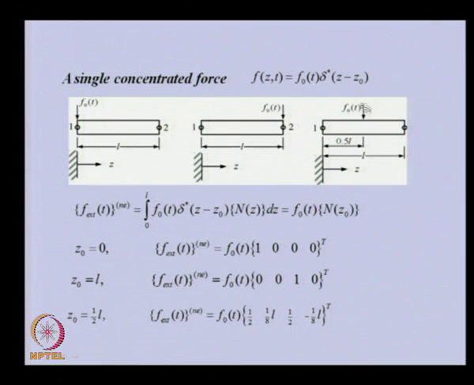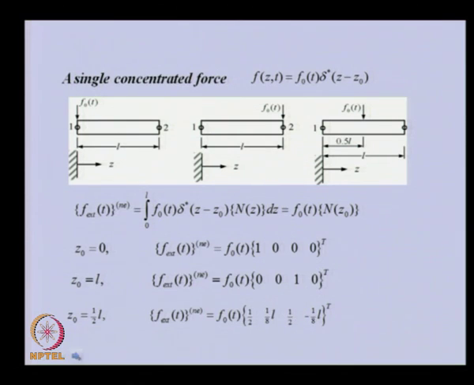But if we keep this particular force at the middle, then you will find that all the terms, including the moment terms, will not be 0, and this is a consistent force vector for the concentrated load. So, half of this is coming here and here as a force, but apart from that moments are also coming. So, you can see the advantage of the consistent force vector,